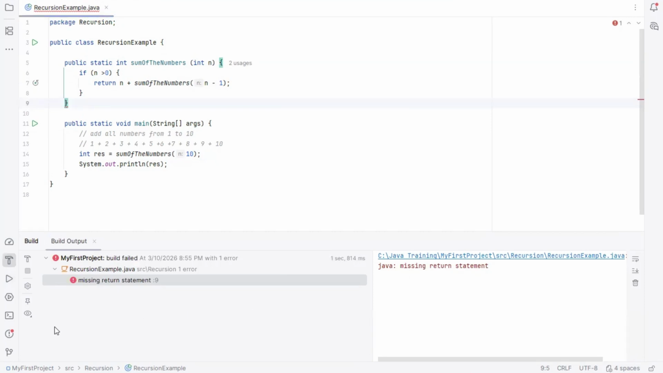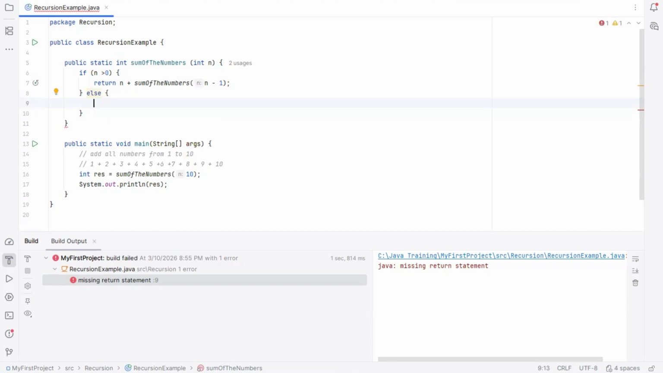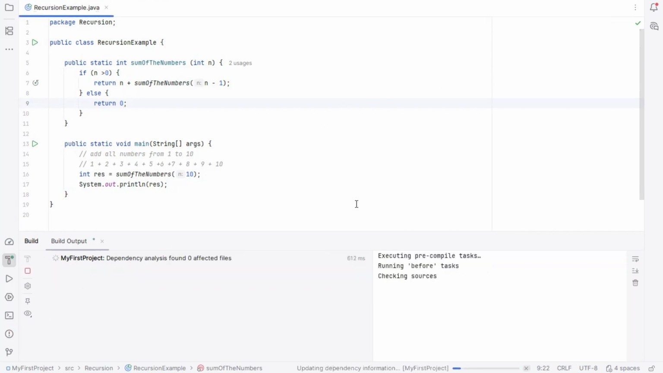Something is missing. A return statement is missing, sir. So do else at the end. Else if n is not greater than 0, then give a flower bracket, return 0, semicolon. So if n is not greater than 0, then it will go directly and say that the value is 0. Okay, now run the program,